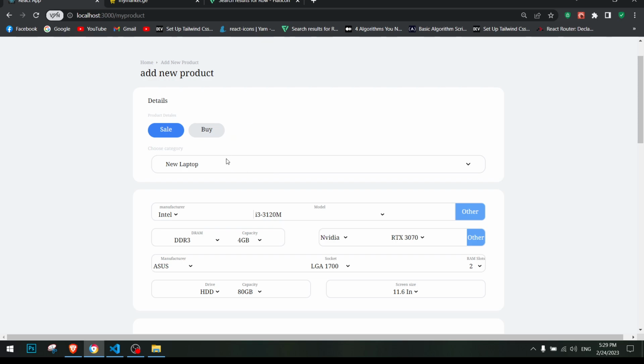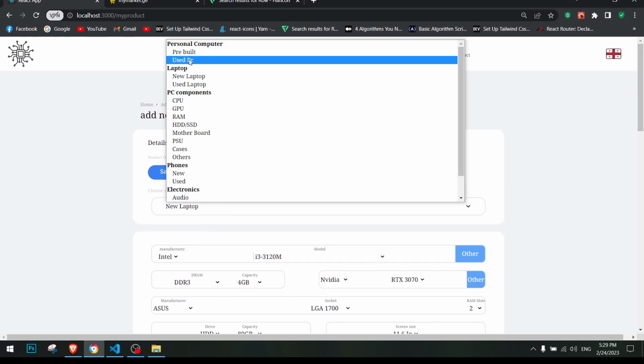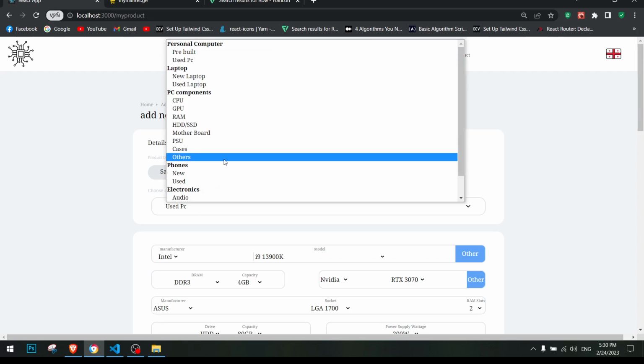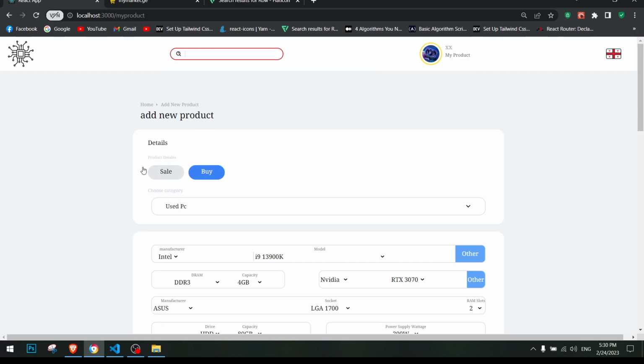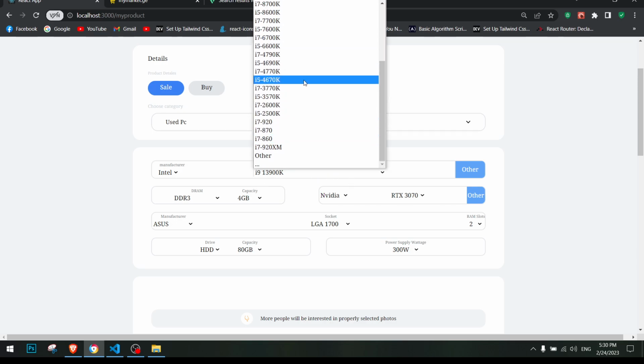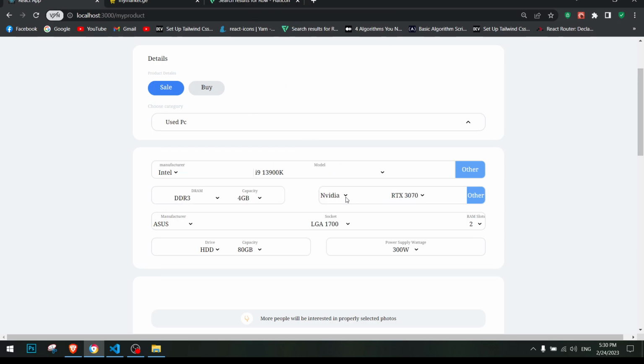Like if you want to sell a PC or buy a PC, for example, or a phone or whatever you are looking for, you can choose the buy option or the sell option if you want to sell it. So here, these are PC based components, right? Like these are PC CPUs, and if you change here from AMD,